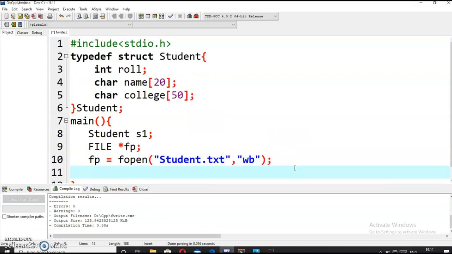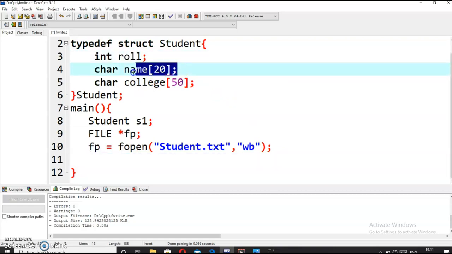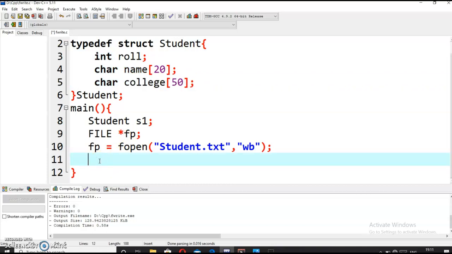So now what I will do is simply take the input from the users in these variables: integer, name, and college, which are in the structure, and I have defined them into a new data type known as student. For that purpose I will be displaying a sentence to the user: enter the roll number.